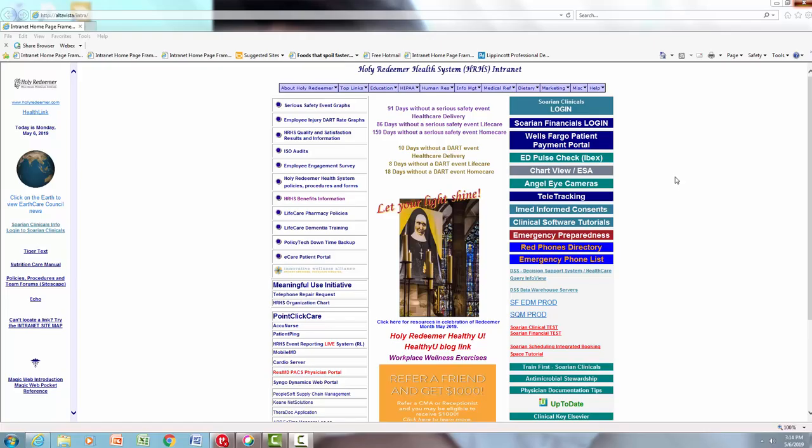The purpose of this tutorial is to show some basic functionality for the Imed Informed Consents application. The application can be located on our intranet page on the right hand side about a third of the way down. It can also be accessed through Soaring Clinicals utilizing the Links tab. It is a web-based system, so the web address will be provided to users,